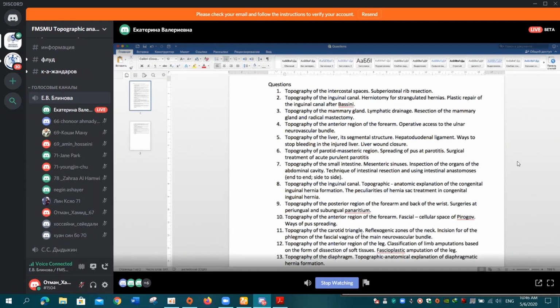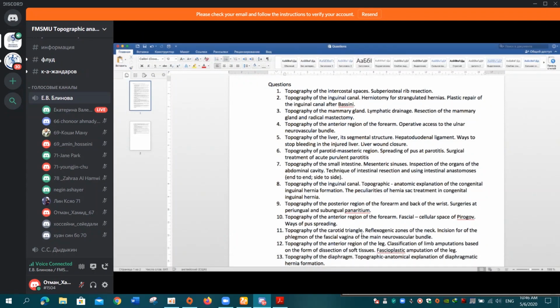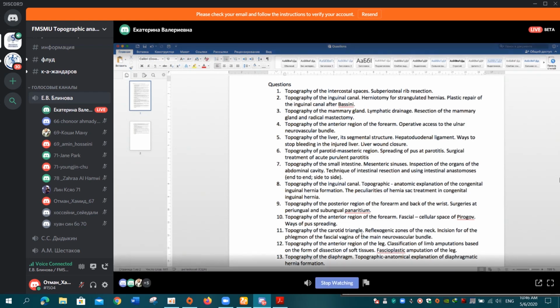Do you have a question? The fifth question, topography of the liver. The liver is located inside of the right